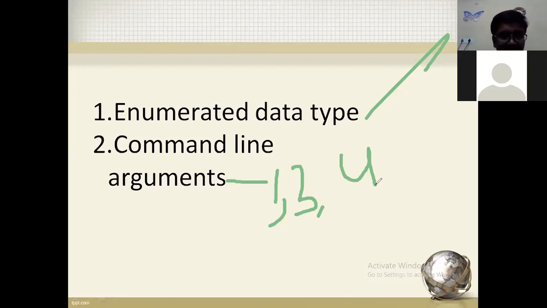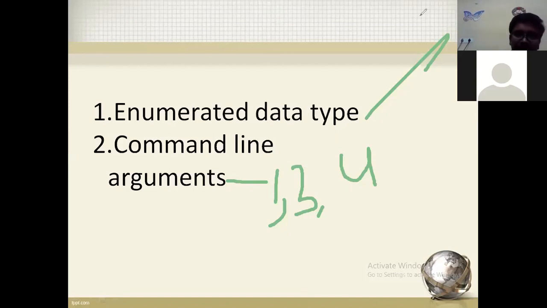It requires some additional knowledge. It requires some strings concept. It requires some arrays. Additional concepts are required. So it is not possible to discuss the command line argument in the first unit. That's why now I want to go to the explanation of the command line argument. Okay, let us start the remaining part.